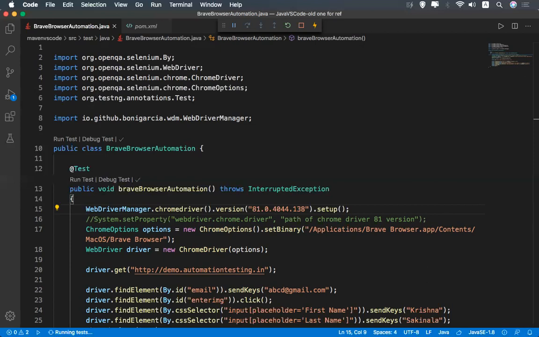So WebDriverManager dot chromedriver dot, you need to mention the version compatible with the Chrome, with the Brave. So after that, you need to take the ChromeOptions is called new ChromeOptions dot setBinary, and you need to set the binary for this one, the Brave browser. And after that, WebDriver driver equal new ChromeDriver, and you need to pass that options to this ChromeDriver.